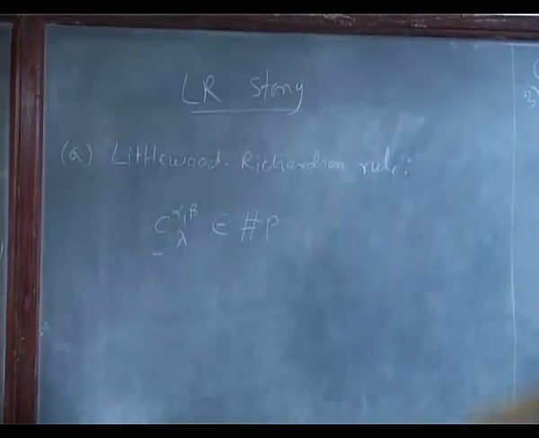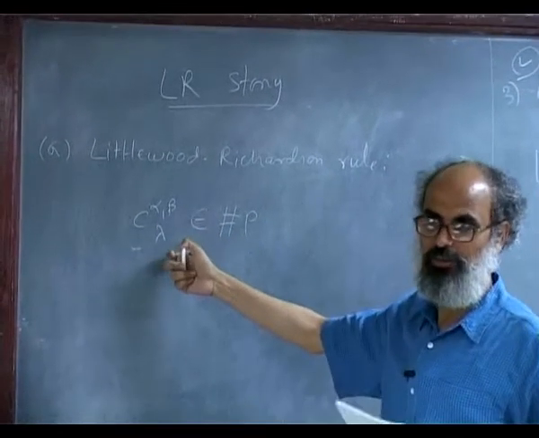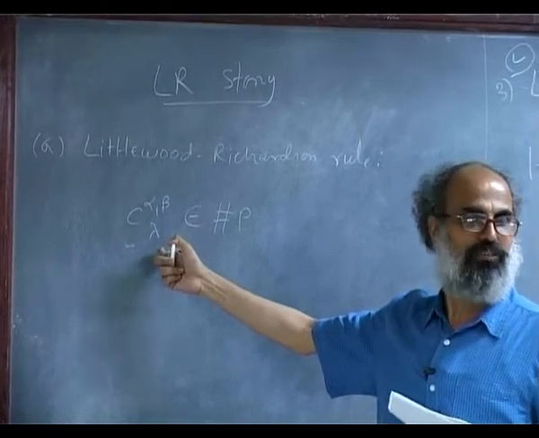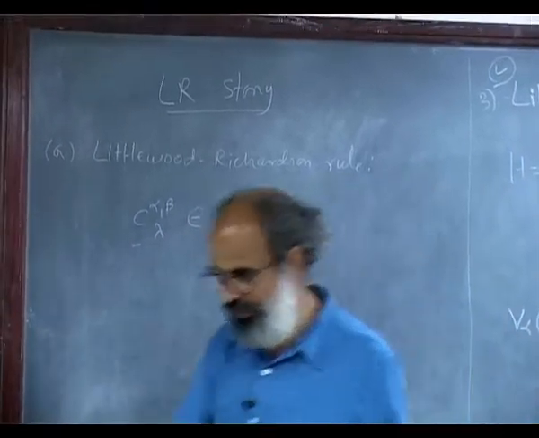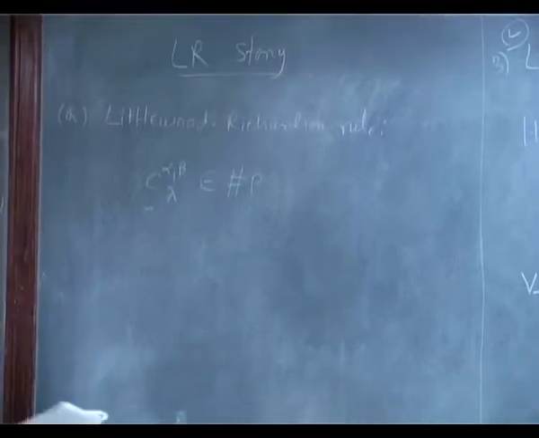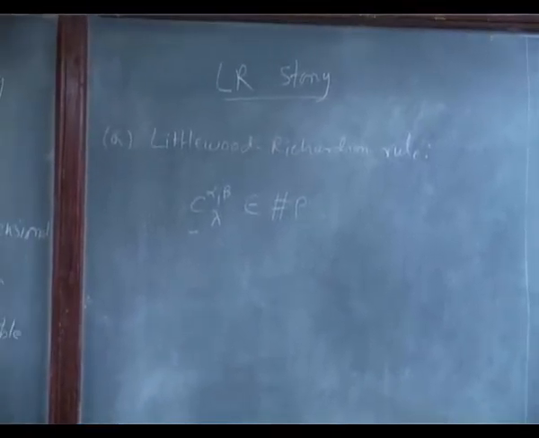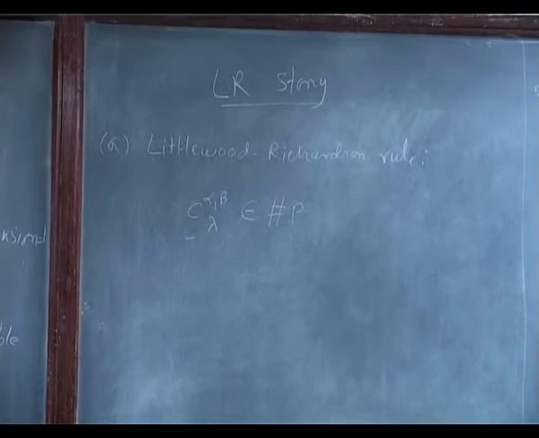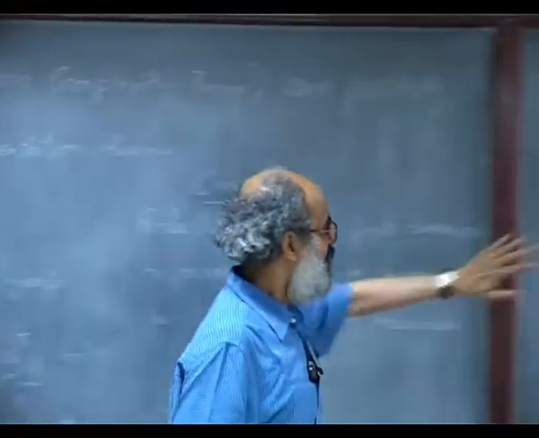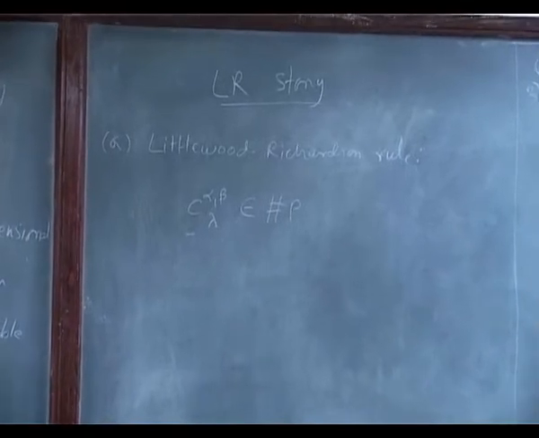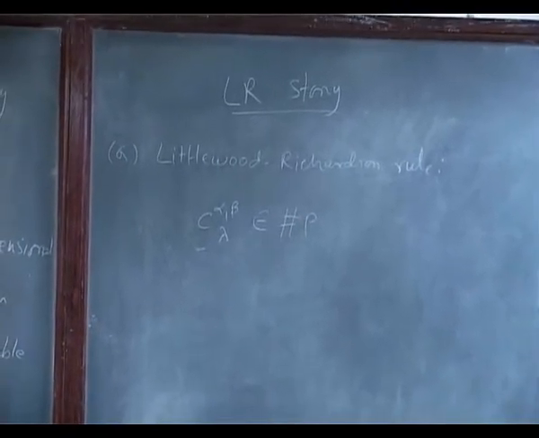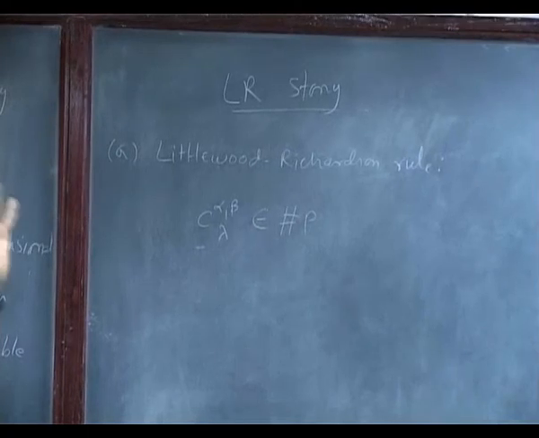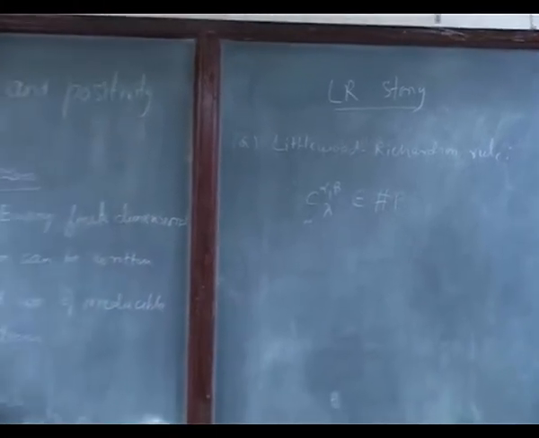Like if you take the Weyl character formula for C_{alpha beta lambda}, why it is bad from a complexity perspective is that if you evaluate it in the usual way, the algorithm would be a PSPACE algorithm. It would work in polynomial space, but it will take a huge amount of time, exponential. But #P is much more efficient than PSPACE. So from a complexity theoretic perspective, what Littlewood-Richardson did was take the classical formula, which was a PSPACE formula, and instead gave us a #P formula.